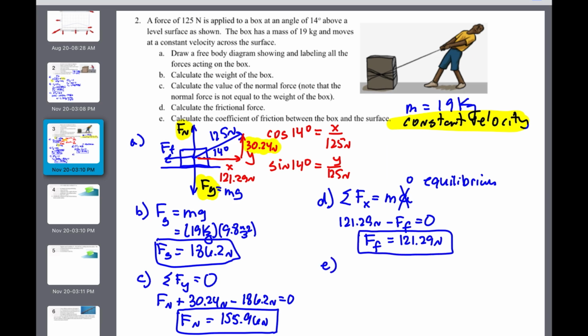In part E, we want to calculate the coefficient of friction. Now we can use friction equals mu times the normal force because we've calculated both the frictional force and the normal force, and we can take those values and plug them into the equation to be able to solve down for